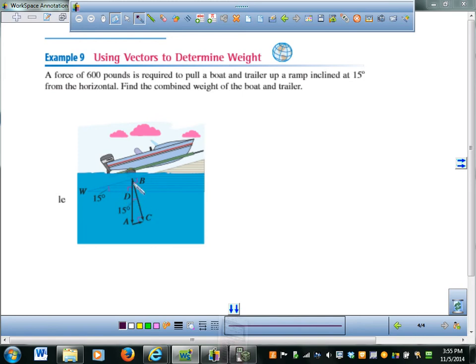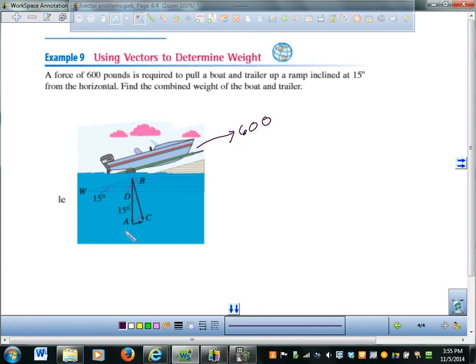The last one is a boat problem, and the way you do one of these, it's like a boat on a ramp. And the trick with a boat on a ramp, it says a force of 600 pounds is required to pull a boat up the ramp. So there's a force going this way at 600, but it turns out that that force is equivalent. I could break down this force, which is going straight down, into two components, one going this way at 600, okay, and